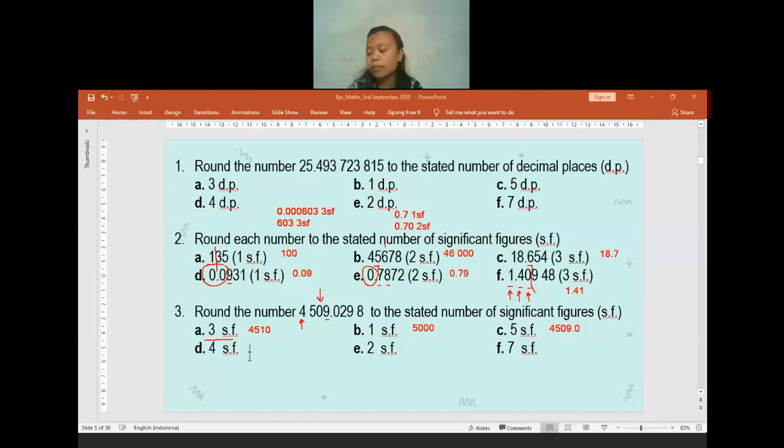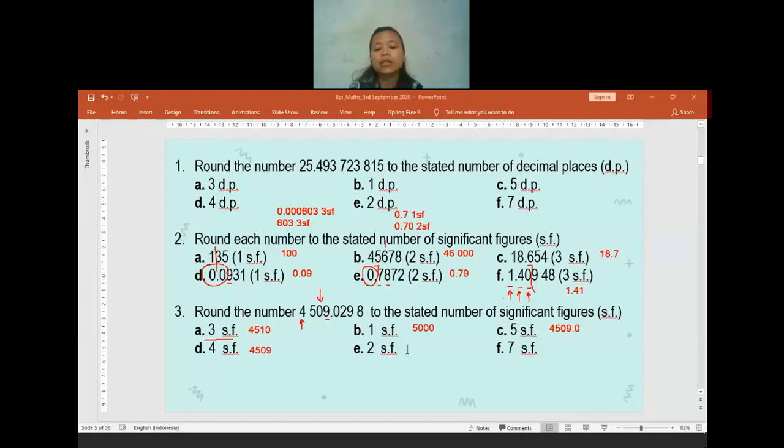Okay, Kenneth Messi, be back soon. For the question D, we have to round off the number correct to 4 significant figures. So how many will it be if we round off the number correct to 4 significant figures? Anyone can try to answer? How many will it be? Yeah, it will be 4,509. Thank you. I read through the chat box. Some of you already answered it correctly. But if you still have any questions, please let me know.